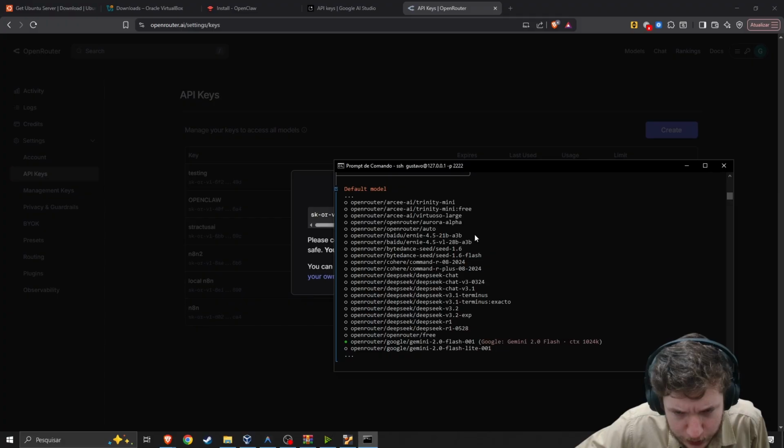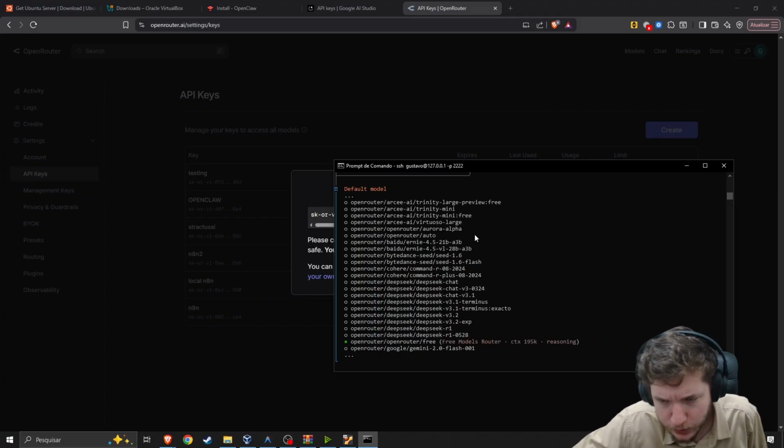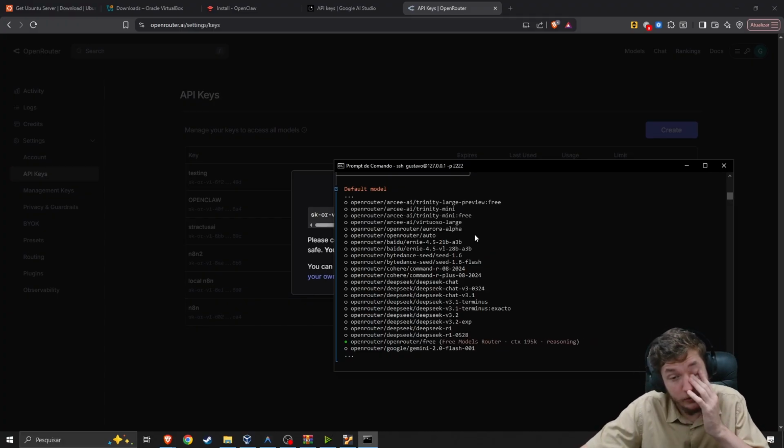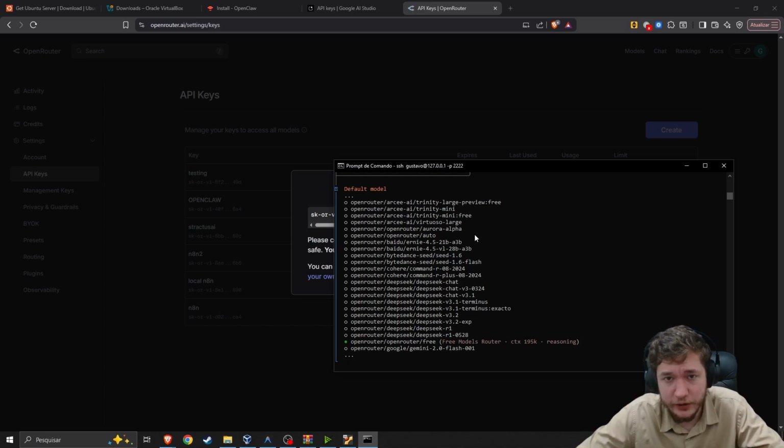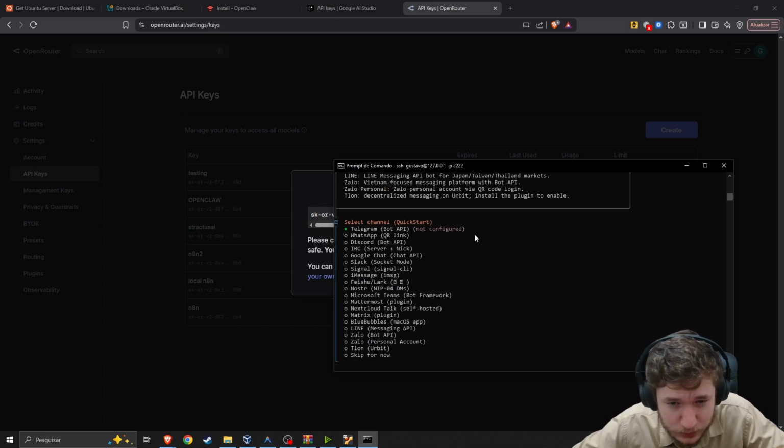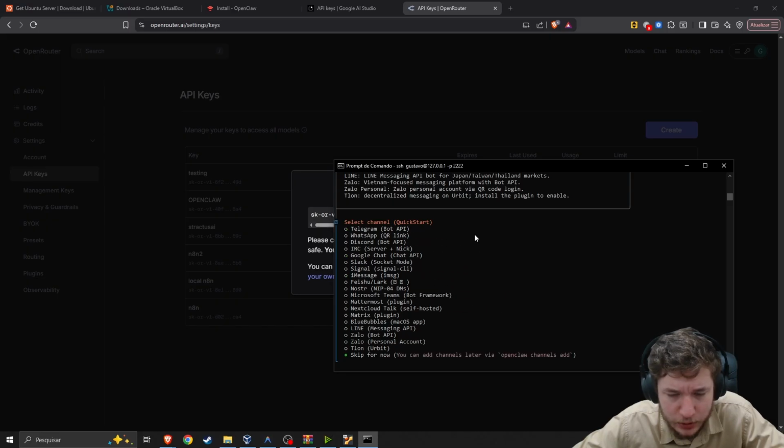So this one is the OpenRouter free. It just routes to the best free agent available, and right here you can set up any social media you want. So Telegram, WhatsApp, Discord. Let's just skip this for now,